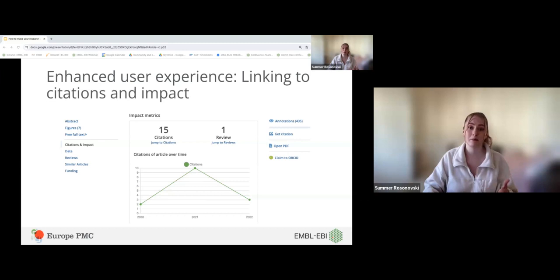So firstly, let's explore linking to citations and impact. This includes a citation graph, which monitors the number of citations year by year of your article. This is a traditional impact metric, and it's commonly used to determine the impact of your research. The citation graph produced by Europe PMC clearly shows your impact via citations year by year. And this graph can be used to showcase that impact for various applications, including grant applications, reports for your funders,